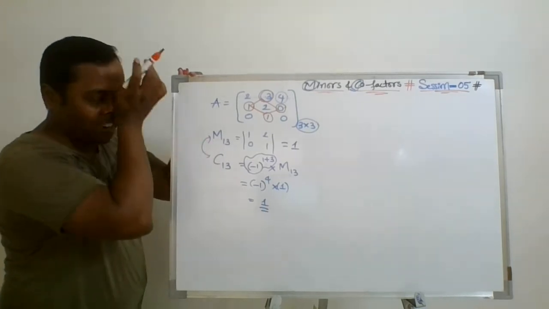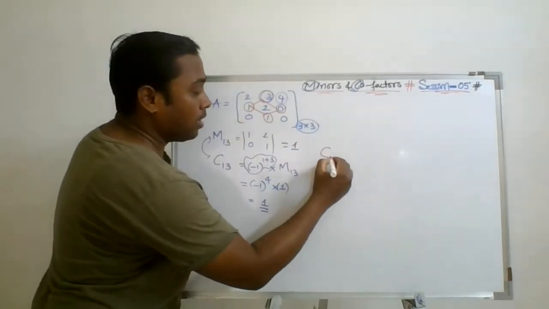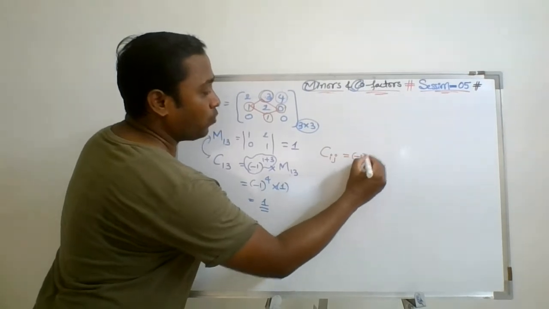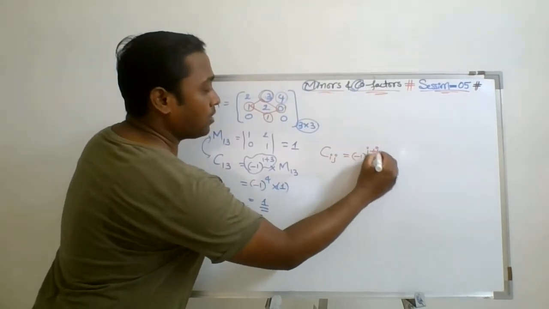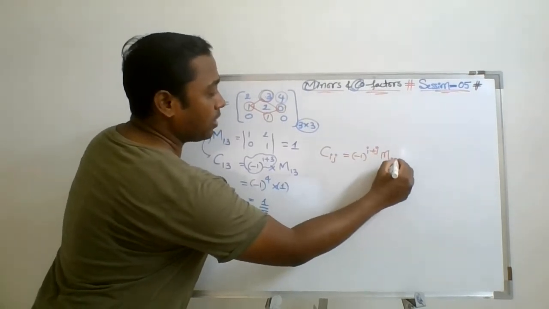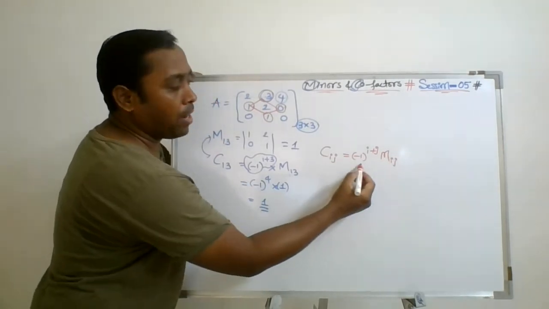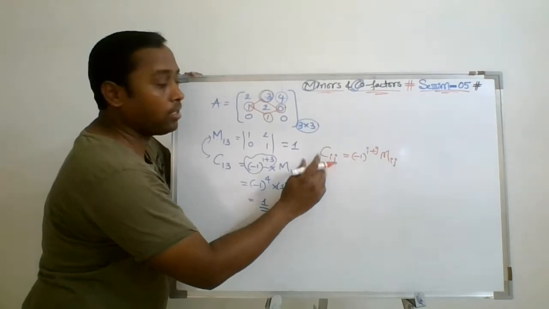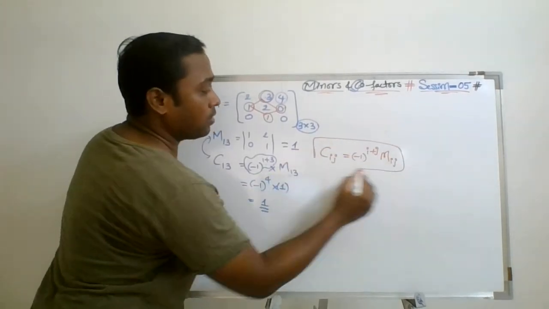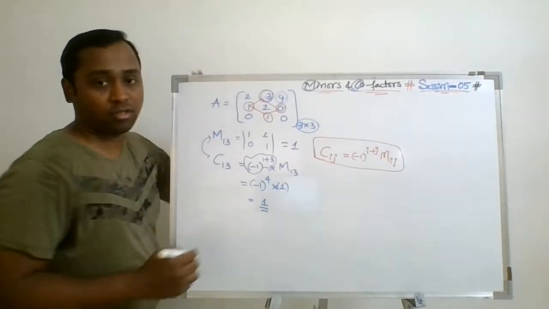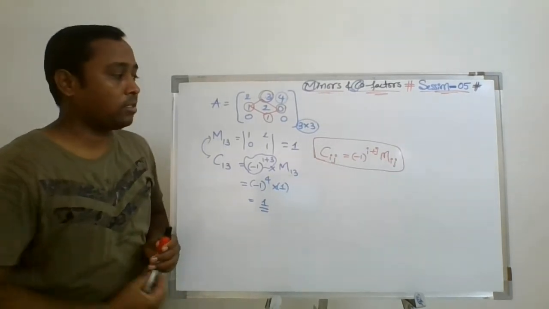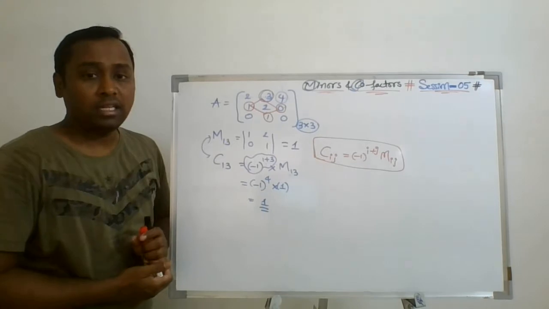So hence, what we call the cofactor, Cij, is nothing but (-1) to the power of i plus j into Mij. So when the minor is multiplied by its position sign, we get the cofactor. This is the learning point of this discussion. So you know how to find minors and cofactors, right? This is the only difference.